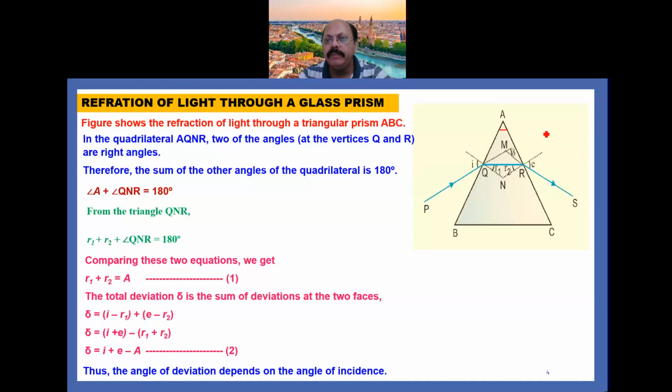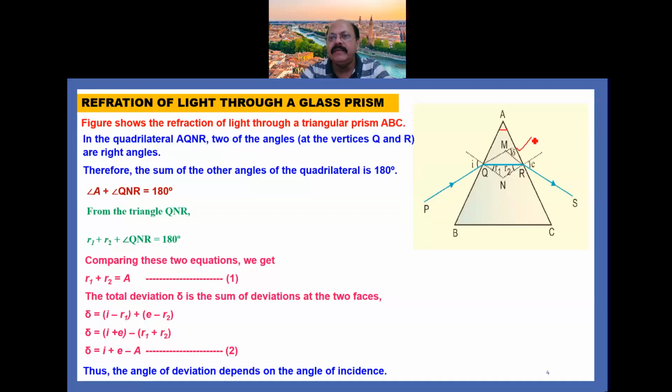Now there are some more points we have taken on it. The first one, you see that the incident ray PQ, incident onto the surface AB, its original path is represented by this dotted line, and the emergent ray RS is extended in the back direction with a dotted line. Then there is a certain angle, and that angle is known as the angle of deviation. It means a ray of light, when it passes through the prism, deviates from its original path by the angle of deviation, which is represented by delta.